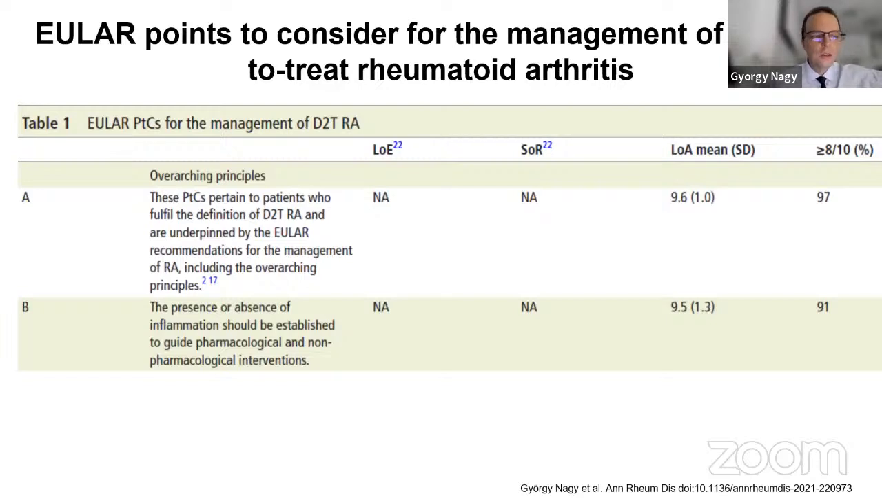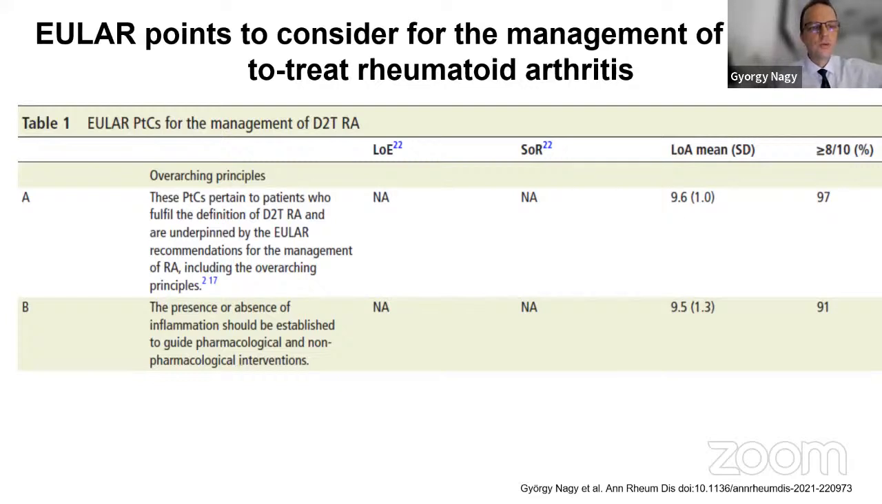And that was the next part of our EULAR journey, when we created a guidance for these patients, and I would like to go through this guidance real quick. As you know, in the EULAR management recommendations, they are generally overarching principles, which we have two, A and B, overarching principles for this particular topic, and it says that these points to consider